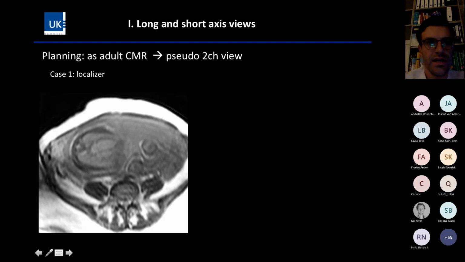So for starting, we will need a pseudo two-chamber view. Pseudo because this is not a precise two-chamber view. This two-chamber view is only for further planning. So in this first case, we have, let's say, a lucky localizer, because this localizer image already shows the fetal thorax in a transversal slice. And you can see here the left ventricle and the left atrium. And you can easily plan a pseudo two-chamber view by aligning your slice along the axis of this atrium and